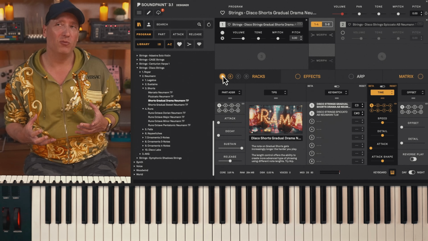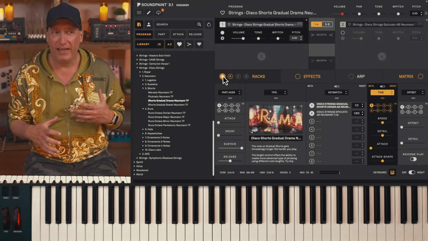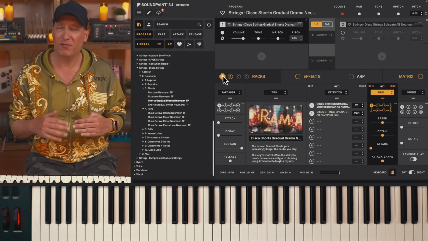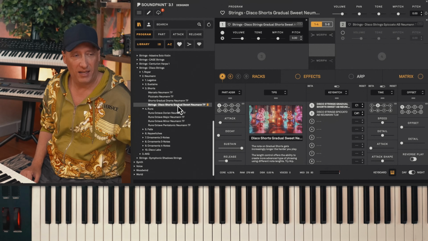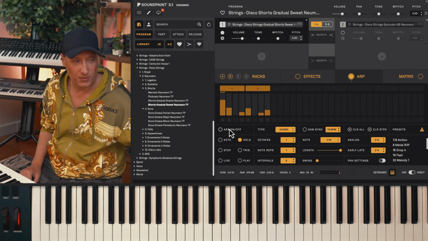But we also made another one which is slightly softer recorded. It's still punchy and energetic, but it's designed for a little bit sort of softer ostinato writing. We call it gradual suites. Let me use the ARP here to demo this one too.